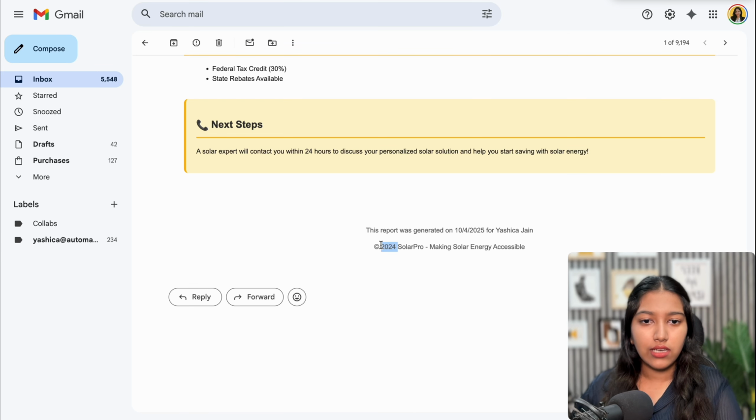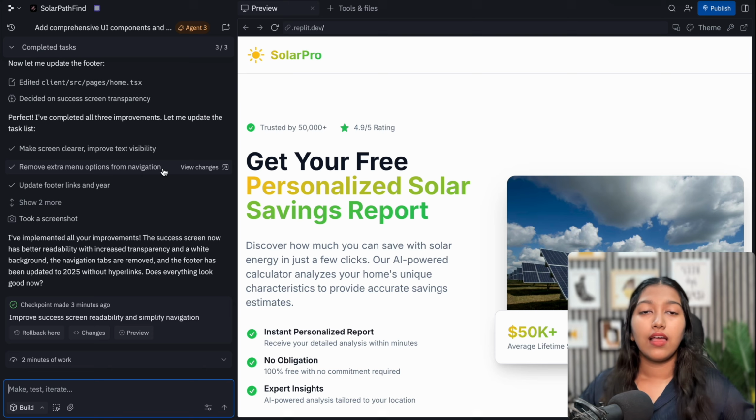And now here again, 2024 has been mentioned, but that's fine. We can fix it. Now, if there is a certain way you calculate these savings, etc., you can let it know and it will add it to the prompt for OpenAI. Right now, I don't have any calculation formula or anything, so I've just left it to OpenAI that you calculate as you want. But if you have any sort of instructions, you can tell it.